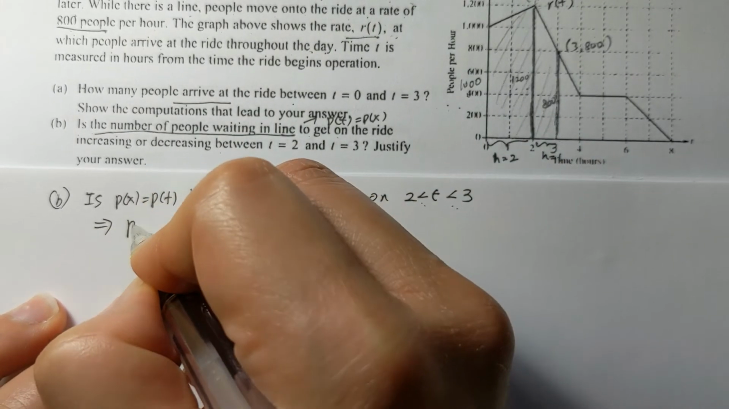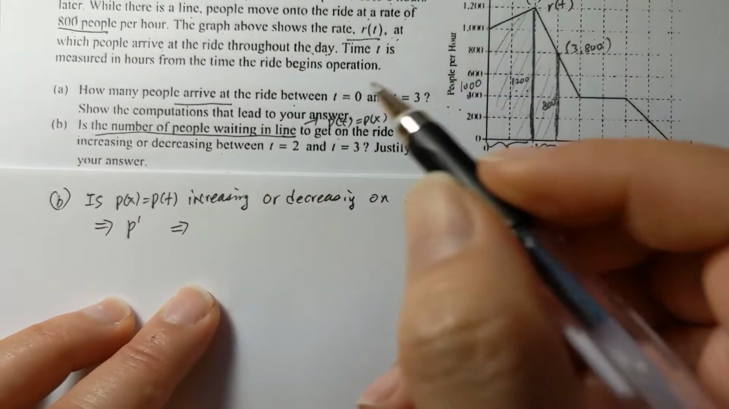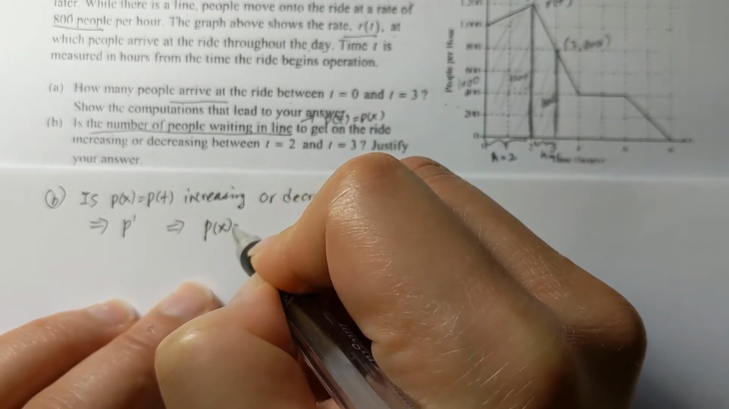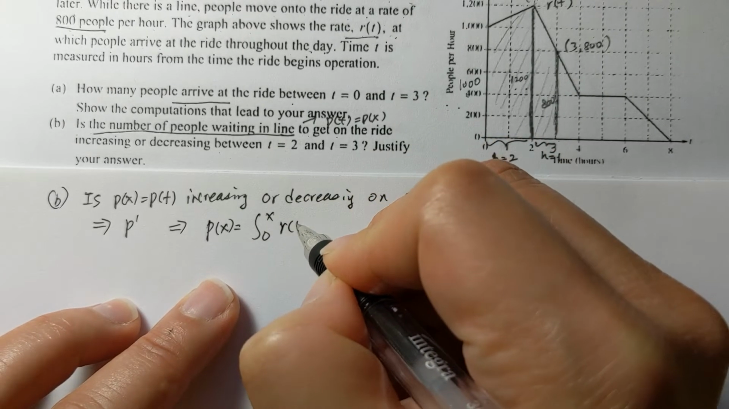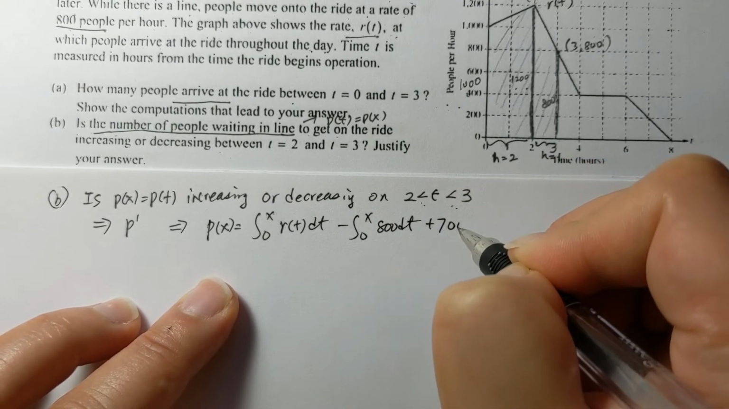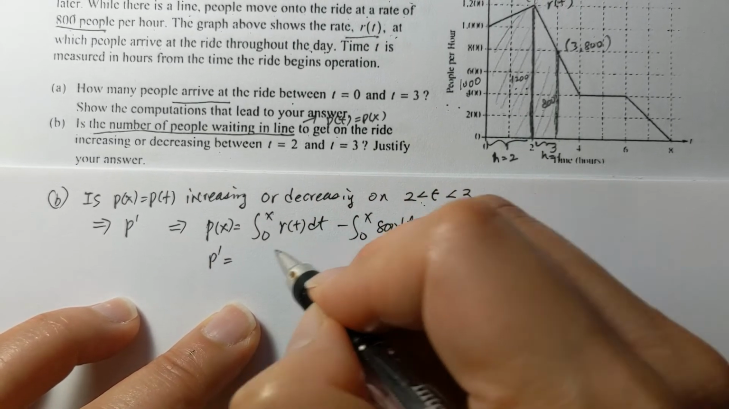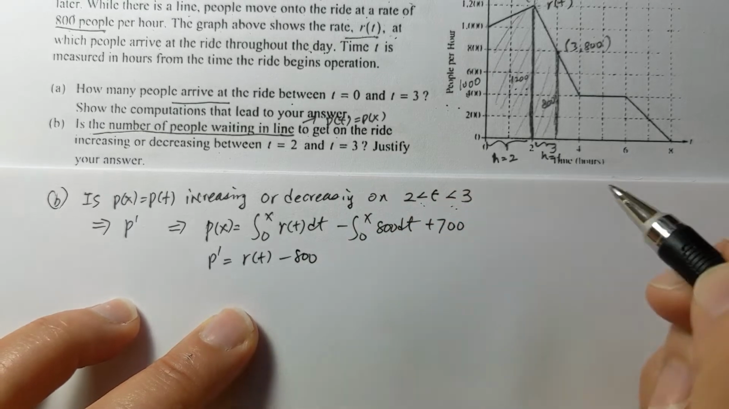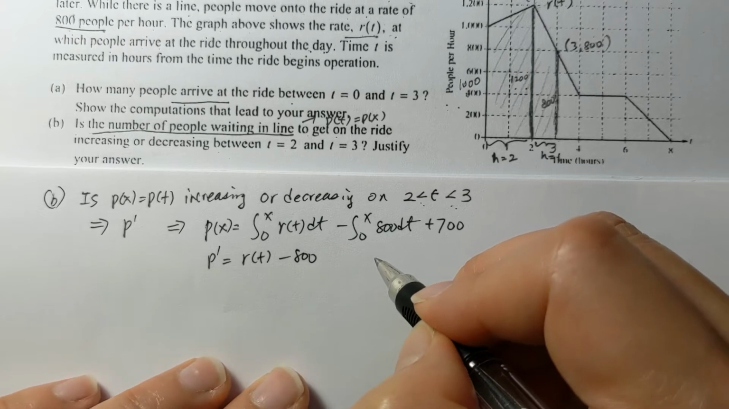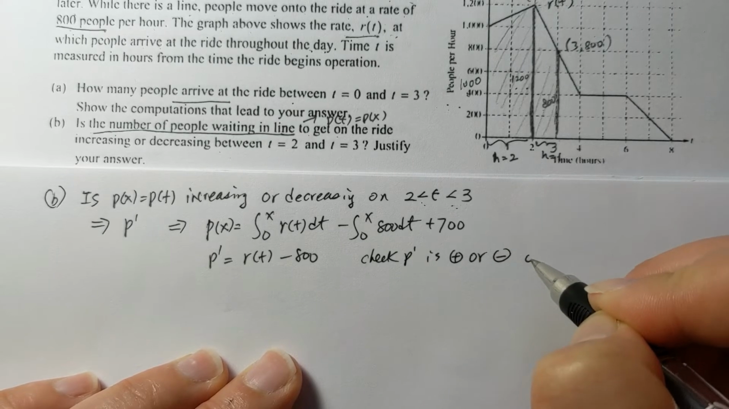So we say that we're going to use P prime. We continue. We say that P of X equals the integral from 0 to X of R(t) dt minus the integral from 0 to X of 800 dt plus 700. So P prime is going to be the rate in minus the rate out, which is R(t) minus 800. Now we're going to check whether P prime is positive or negative on the interval